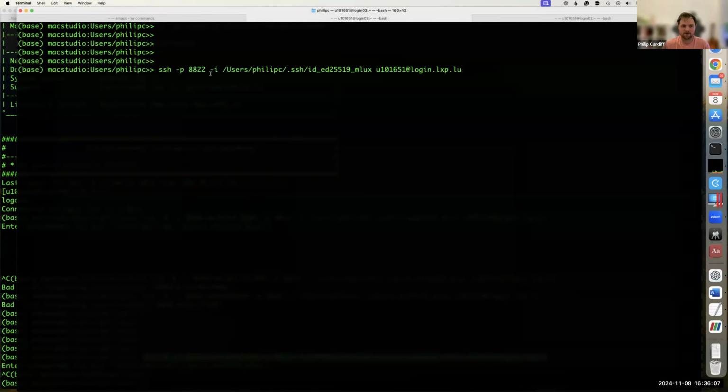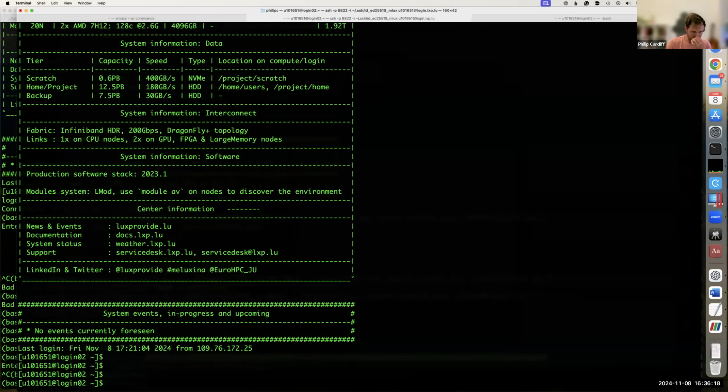So this is the command I use to connect to Meluxina using my key. I have a passphrase, but you may not have one. So now I'm logged in. Once you're logged into Meluxina,